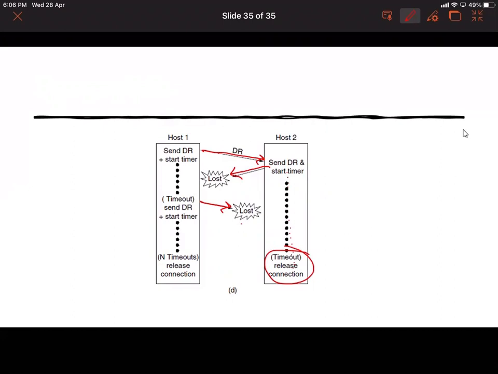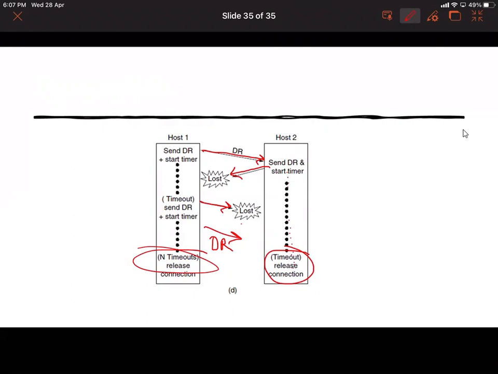So when the connection is released, this host 1 does not know that the connection is released, so it will keep on sending. As it does not get any disconnection request from host 2, it will keep on sending the disconnection request. So it will try it for n times. If after n times it still does not get a disconnection request from host 2, then it will release the connection.